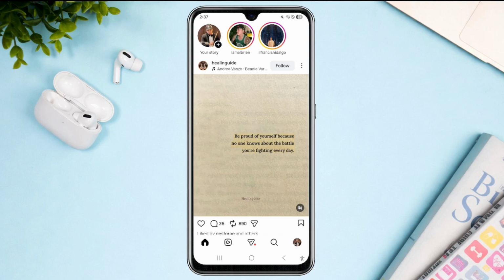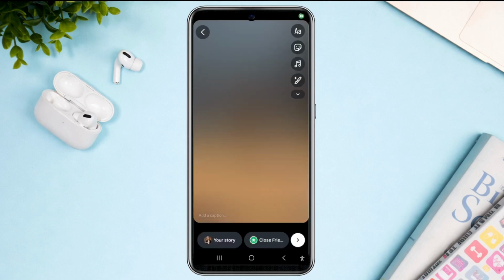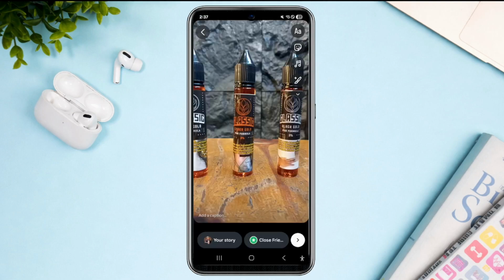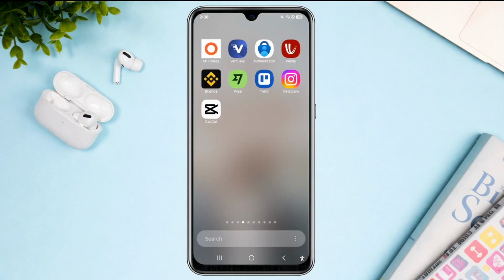So what people usually do is go to, say for example, their story. They add a picture, they add a music, and then once it's successfully edited, the specific story that you're trying to upload will not directly be uploaded onto your Instagram story, but it's going to depend on the speed of your Wi-Fi or your data. So give them time, at least a minute or two, for it to completely load, and then you can review it. However, if it's still showing the same thing, then what you have to do is